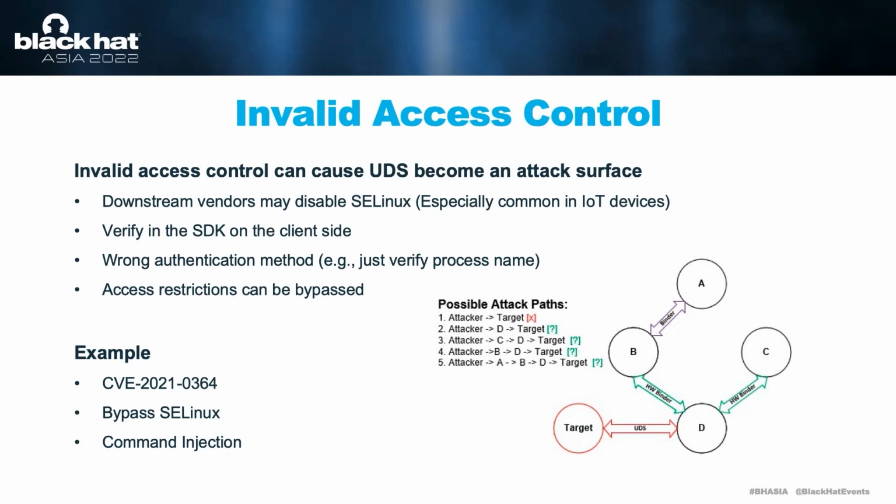The last is logical vulnerability. It's often caused by the lack of input validation. Almost all UDS services have access control, so when you think your service will not be accessed by untrusted applications, you are likely to trust your input and directly use it. For example, the CVE